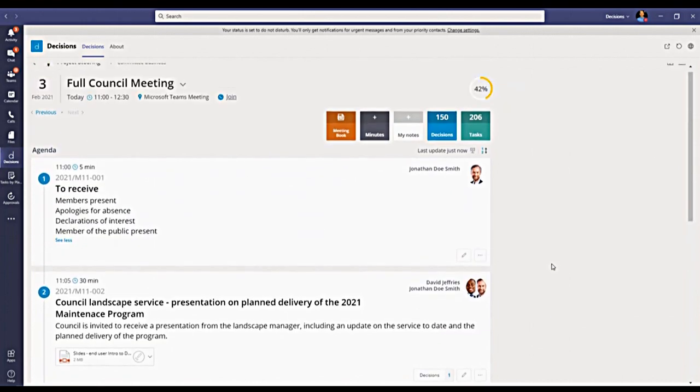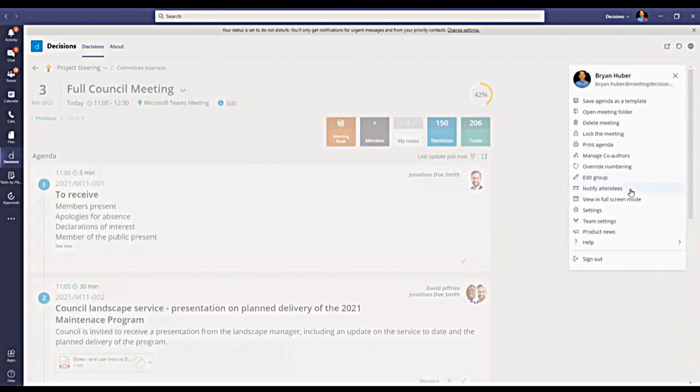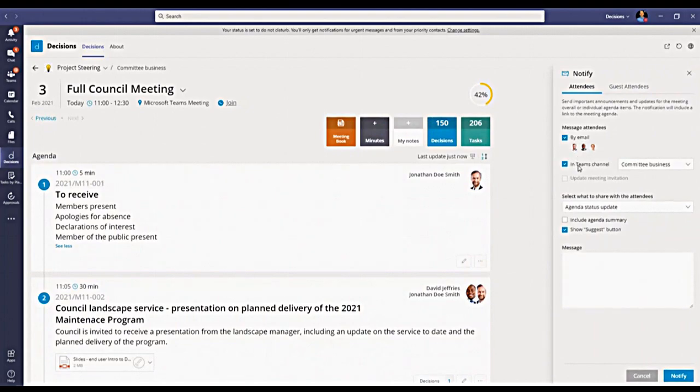Once I have the agenda ready to share with the committee, I publish this, and I can notify my attendees a couple of ways. They can either receive an email, they can also have it posted in the Teams channel, so they're prompted to review that within Teams. And there's also the ability to update the invitation directly on their calendar, which I've already done,